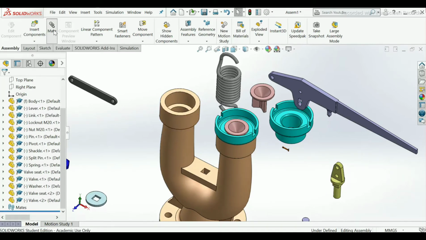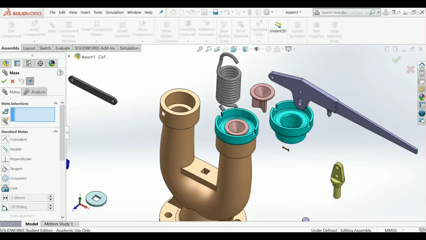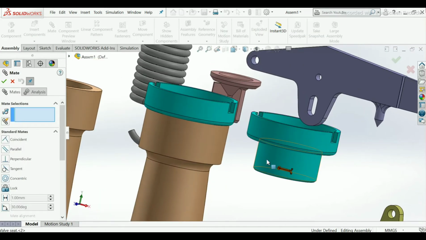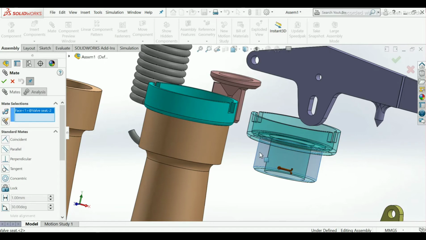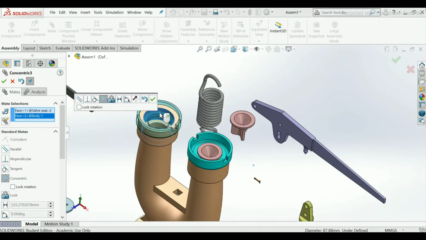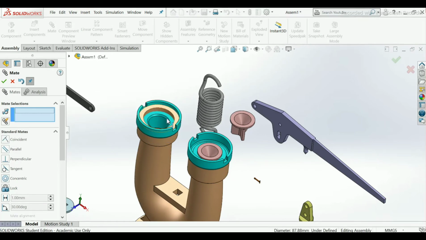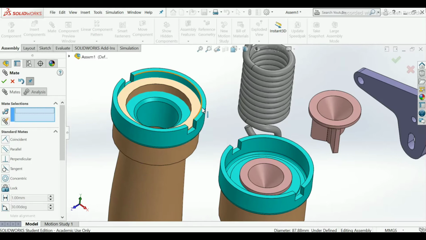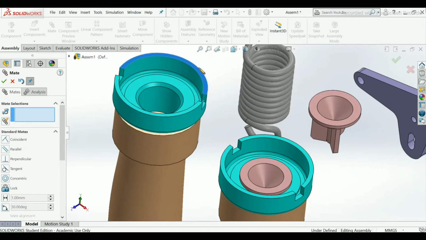Now again go to mate, select this face and this face, make it concentric. OK. Lift this.